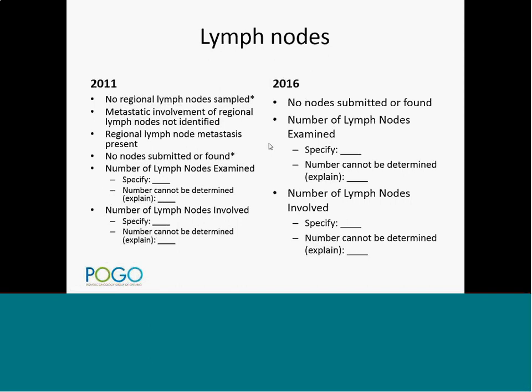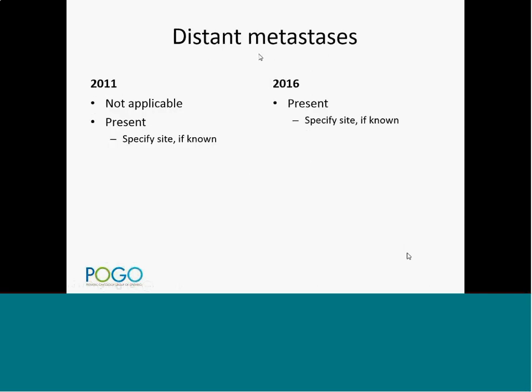And it's fairly self-explanatory how lymph nodes were submitted, how many lymph nodes were involved, and it says no duplicating terms there at all. Distant metastases,